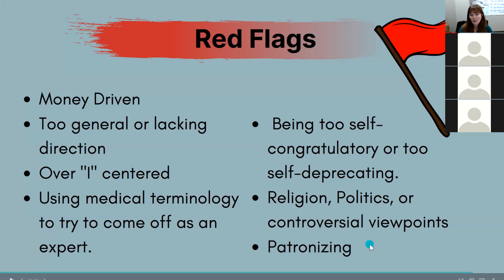So this is kind of when we're looking at some of the red flags that the admissions committees do not want to see. And these are actually red flags that have come specifically from people I've talked to who've been on medical school admission committees. And so they see these things often in personal statements, and it's a big red flag.